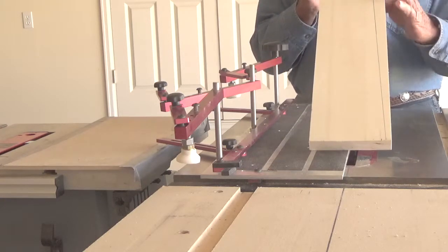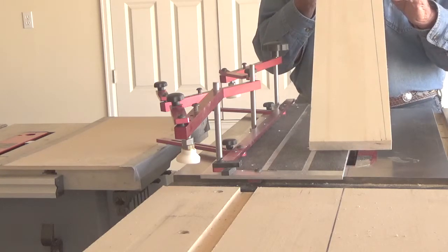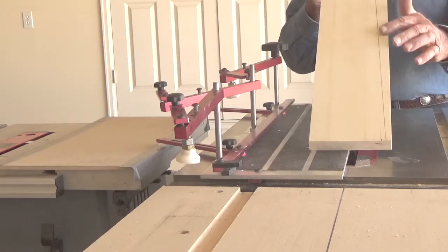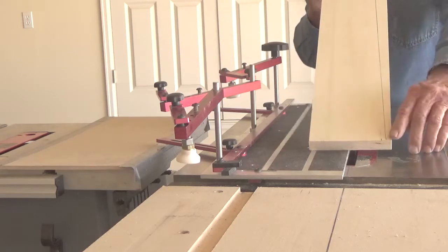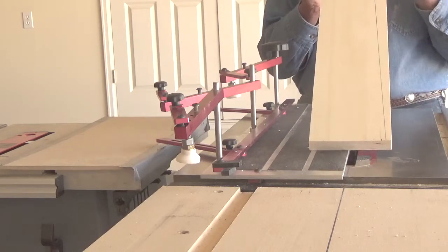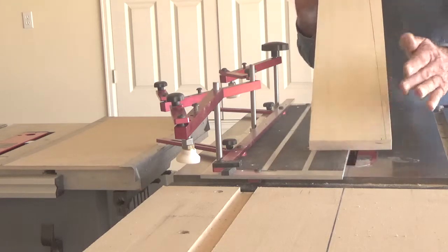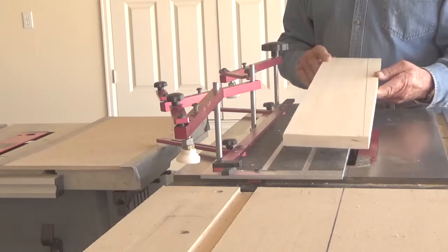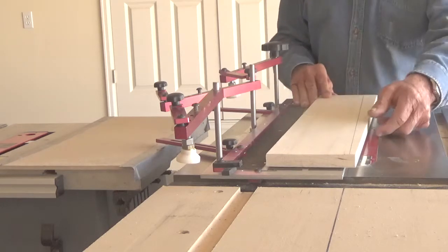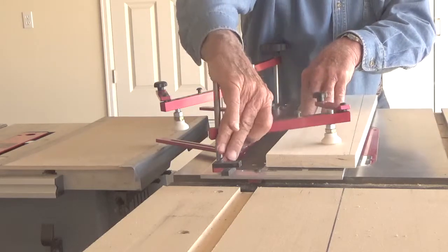Now what you do is draw a line on there. You can draw a lighter line so you don't have to sand it out, but I made it deeper so you could see it. That's where your saw is going to cut. But make a little mark 1/4 inch over to the side on both ends, and then line that up with the edge of the slide plate, because it is 1/4 inch from the blade. So I'm going to line those 2 little 1/4 inch marks up, front and back, swing my cam over,